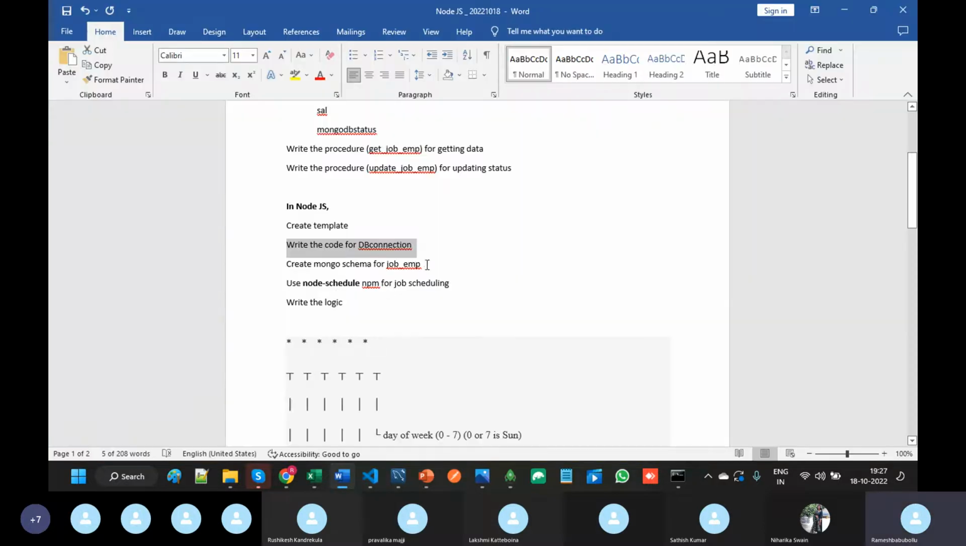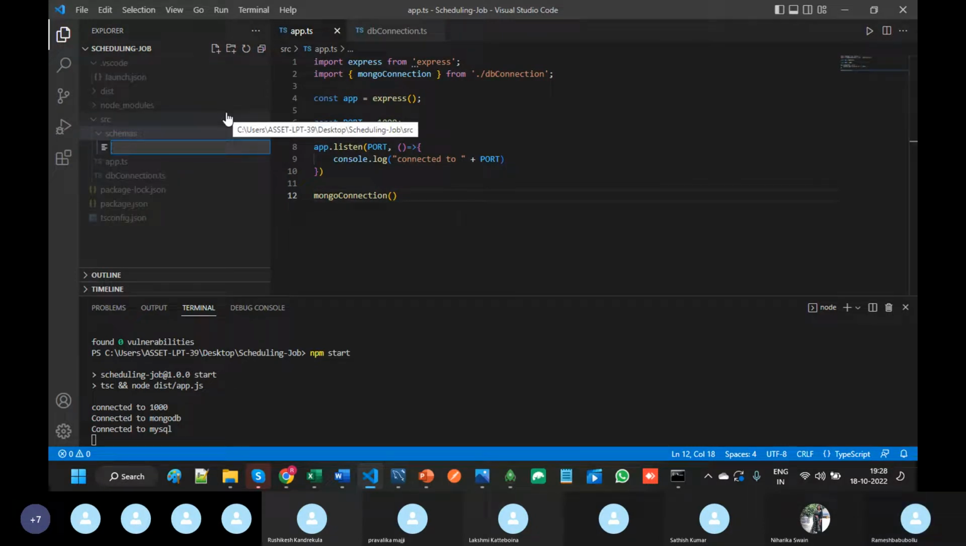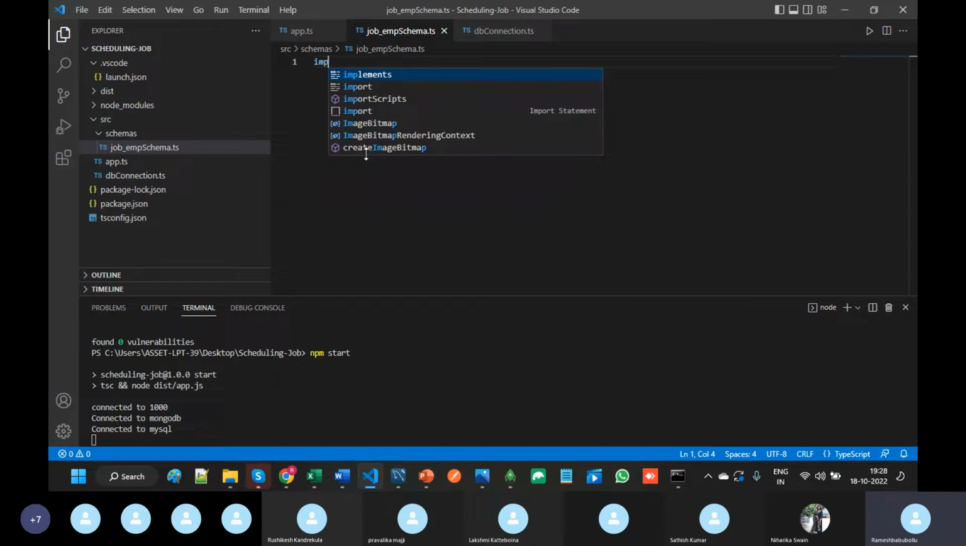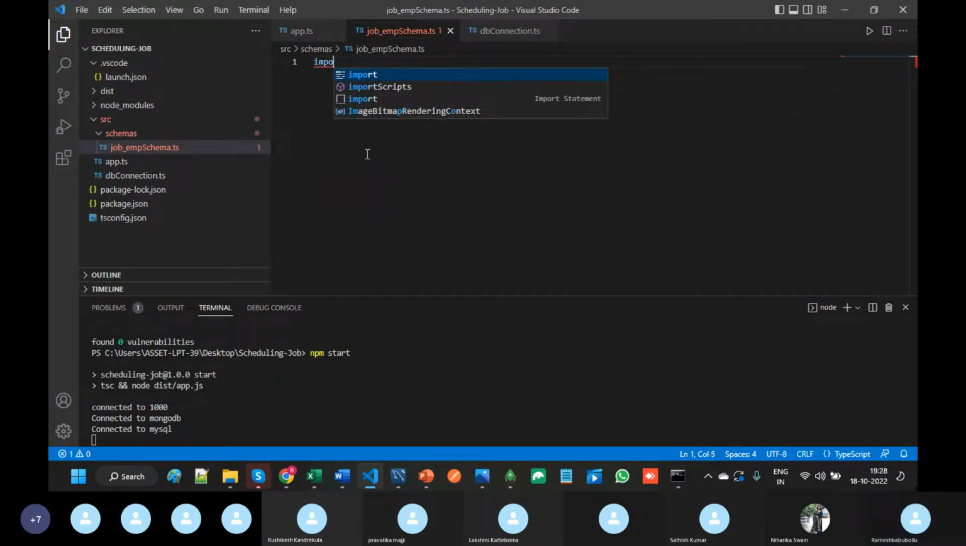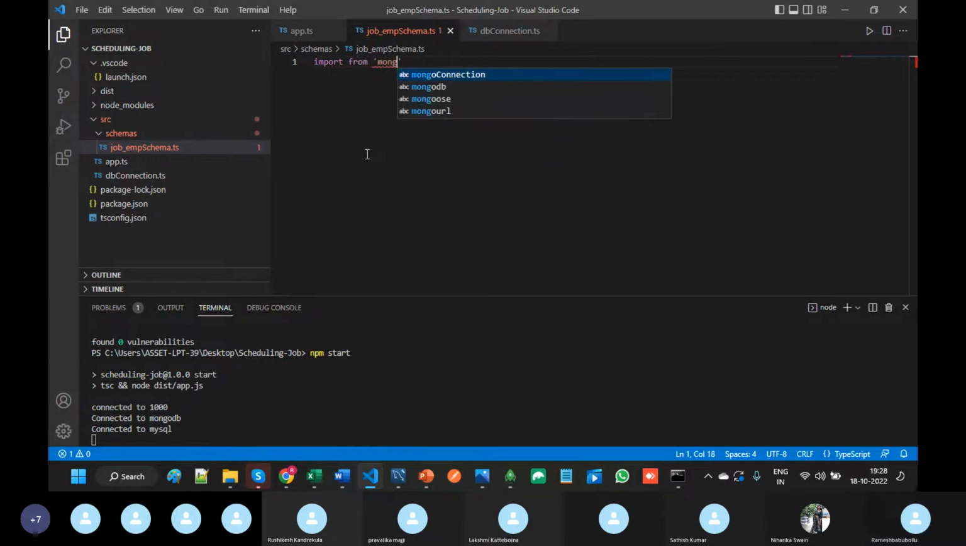next step is create the schema for job underscore emp. Okay, and go to here and create one folder, schemas, and job underscore emp dot schema dot ts. Here import from mongoose